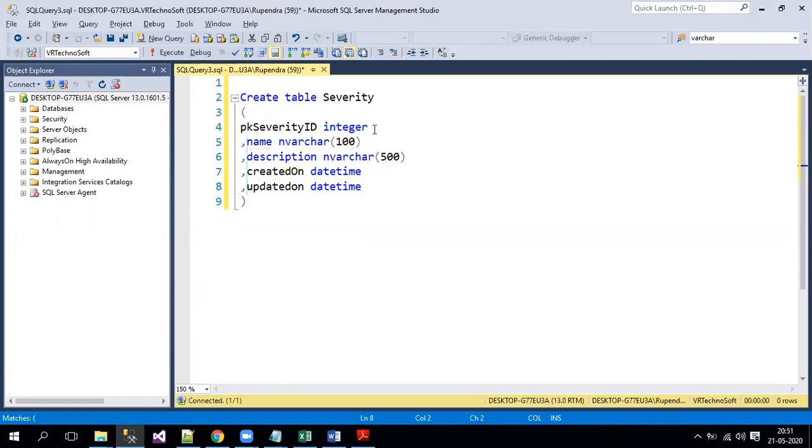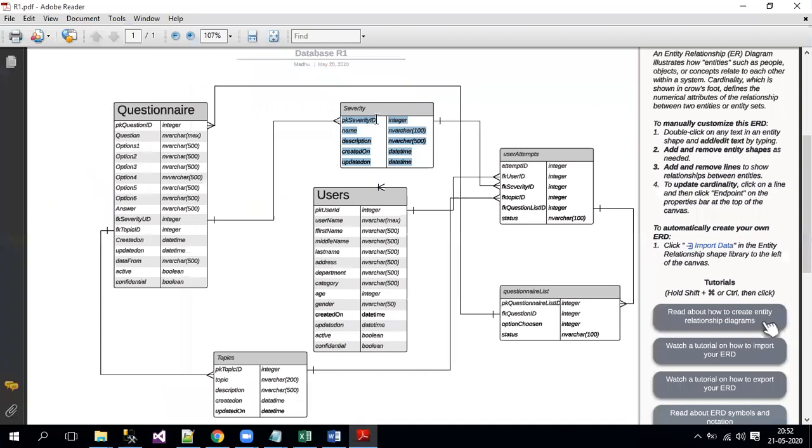And so they are mentioning this is the PK, right? Let me put primary key here. Yeah. So just for identification purpose, they are giving this PK severity ID, but usually they will give severity ID only, and they will mention PK. So here they will put some brackets and mention PK there. Yeah, it depends on the client requirement again.